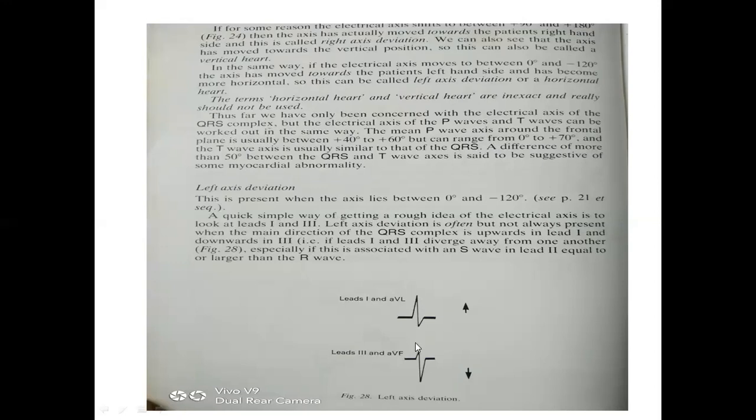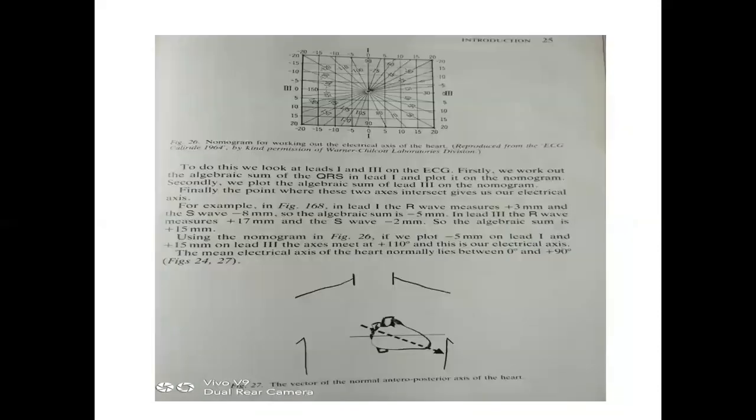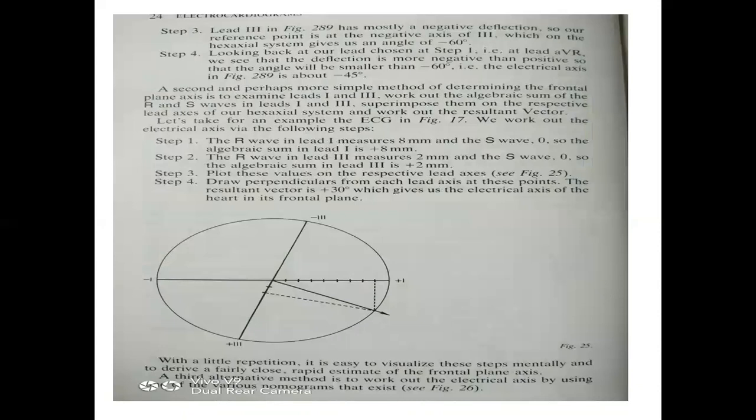So what is the total of this? Plus 10 and minus 5. What is the answer? Plus 5. So on the graph paper, there is a marking from 1 to 10 on the positive side. Is the answer 5 or plus 5? Plus 5, yeah. Why do you have to write plus 5? See here, you can see this on the paper.